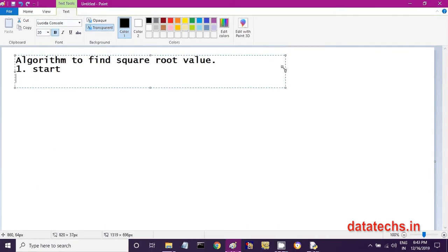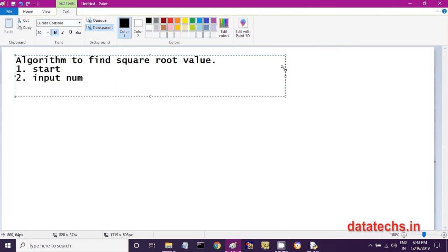Step number 1 is start. Whatever input we have to give to the computer must be given first. So let us input one number for which you want to calculate the square root value.